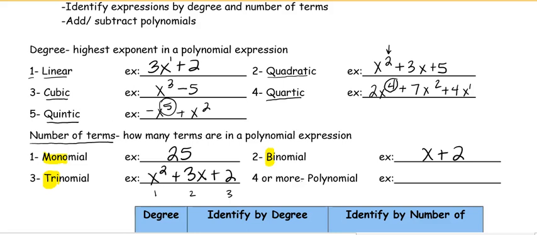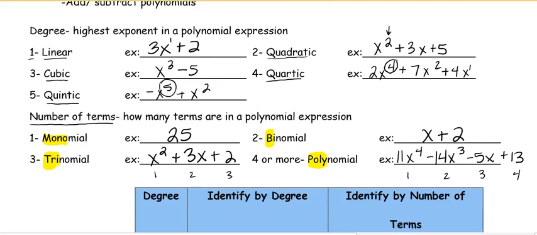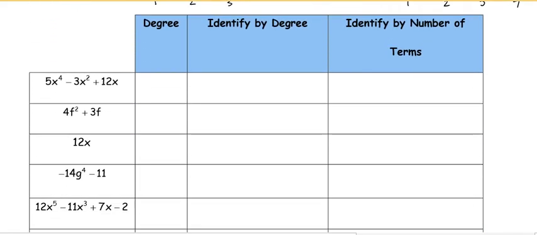And if you have 4 or more, it's called a polynomial. Poly represents the word many. So let's say we have 11x to the 4th minus 14x to the 3rd minus 5x plus 13. So we have term 1, 2, 3, and 4, again being separated by those addition and subtraction symbols. So what we're going to do is identify each of these expressions based on the degree and the term. If you look at this first example, 5x to the 4th minus 3x squared plus 12x,